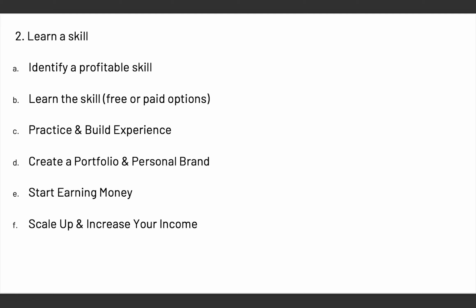Now, after you start earning money, the next thing is to scale up and increase your income. So for this, you can increase your sources of income. So let's, for example, you are earning from just one source of income through your skill. You can diversify your income streams. Maybe you can start creating content. You can go into affiliate marketing. You can go into freelancing. You can go into starting a business. There are different ways you can start making money even with just one skill.